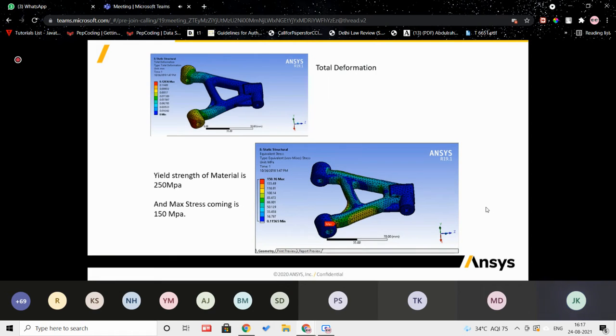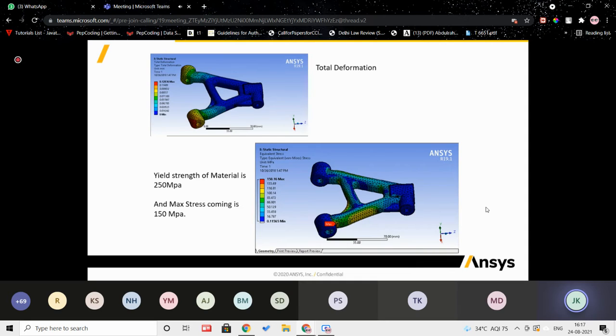So first, what we will do for doing the fatigue life. We had taken a component of the arm and we did the static analysis with all those forces. I'm not talking about what forces we applied, but we just did the static analysis as we discussed in case 1, right? And you see the total maximum stress is 150 MPa, but the yield strength of the material is 250 MPa. So if you calculate the factor of safety, yes, it seems the structure is safe, right? So there is no issue with that structure.